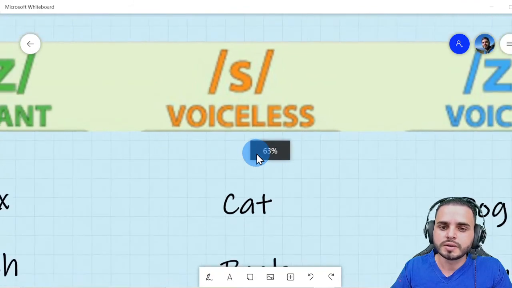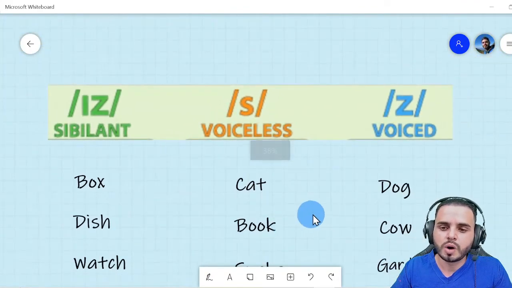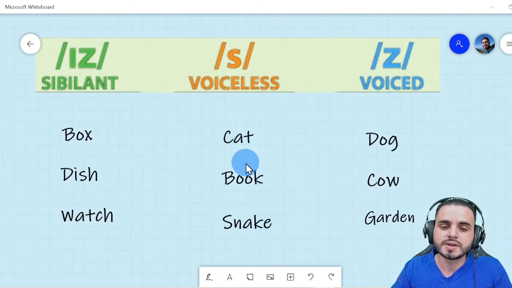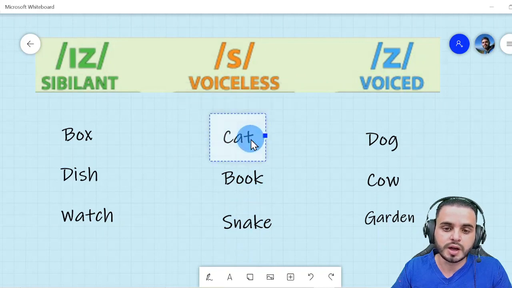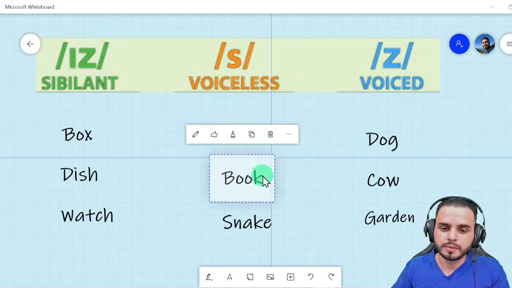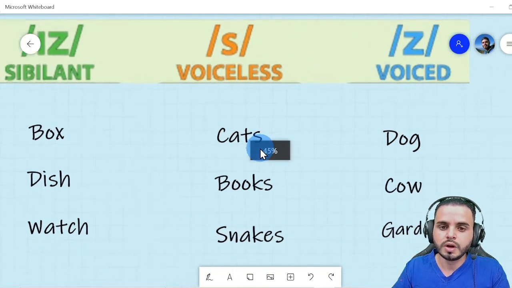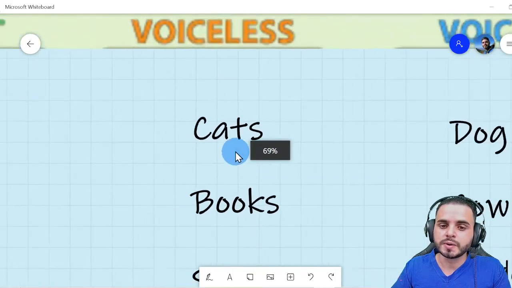Now, why is it that I'm telling you this? Because depending on the last sound that we have, we're going to have different sounds for the plural endings. So for this type of sounds that are voiceless, as we can see in the word here, voiceless, we're going to pronounce the ending. In this case, it's going to be an S, for all of them. So now we say cats, books, snakes. Now for each one of those, because the previous